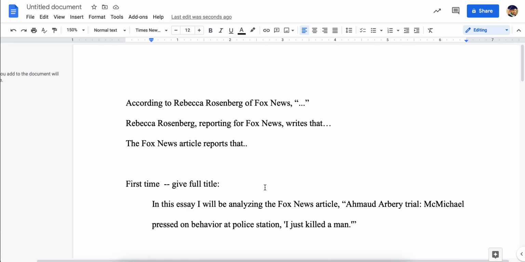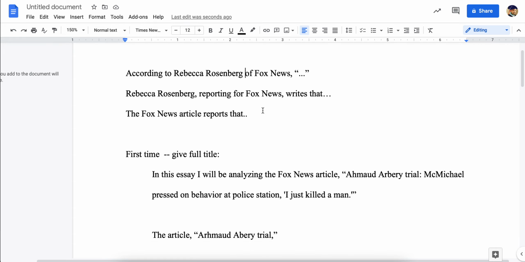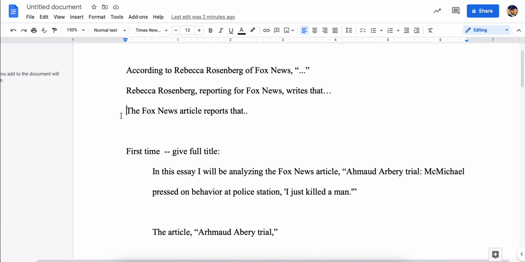Another thing is that the article is written by a reporter, but it's also very common and typical to refer to the article by the news site for which the reporter is writing. So you can say something like, according to reporter's name of the news site, or Rebecca Rosenberg reporting for news site, right? But what you wouldn't do is refer to the article simply as the one written by this author,